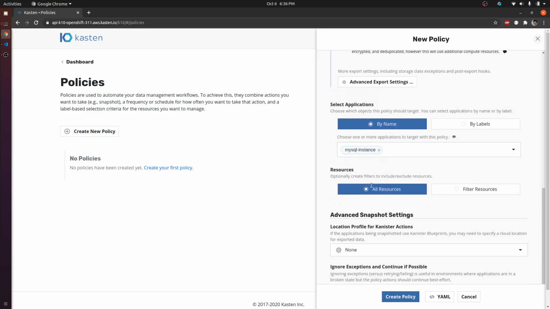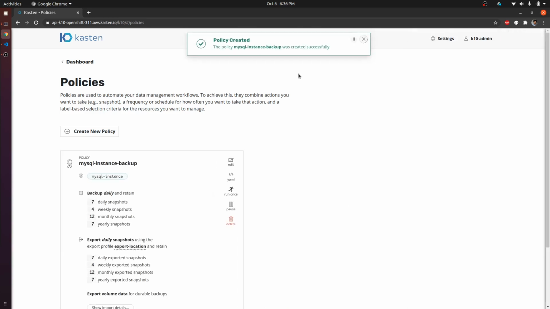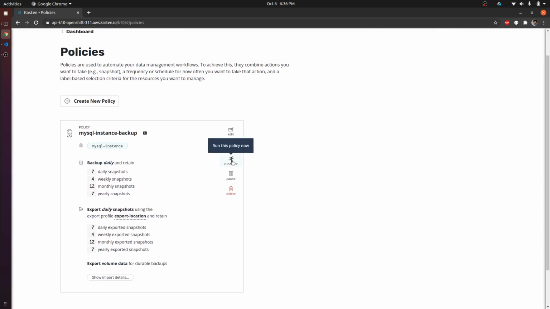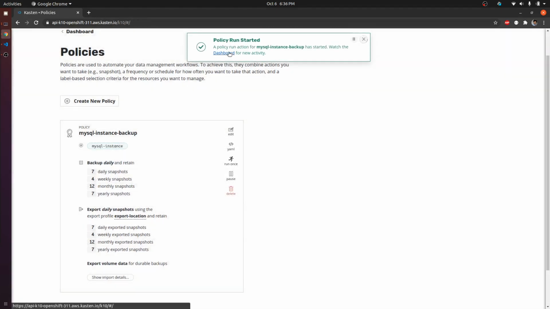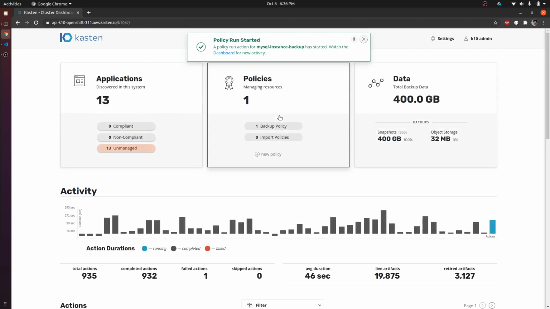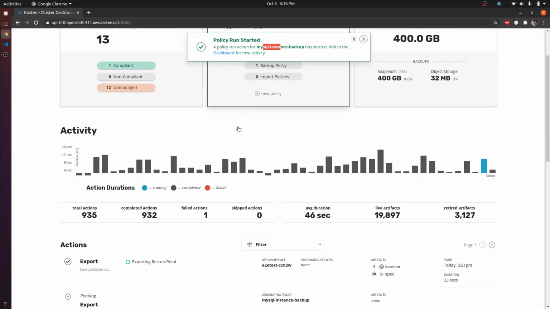And now if I go ahead and click on create policy, a policy would be created. And if we want to run this right now, we can click on run once, and this is going to run the policy, and it eventually will take a backup of the running MySQL instance, right?